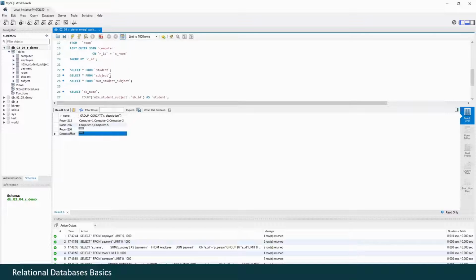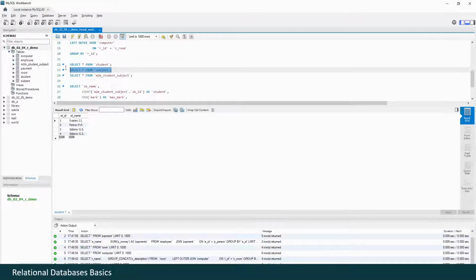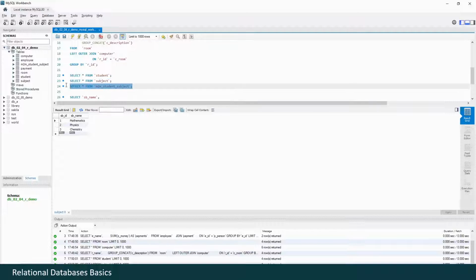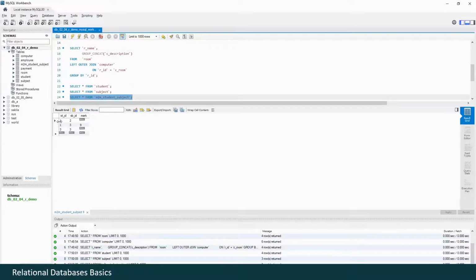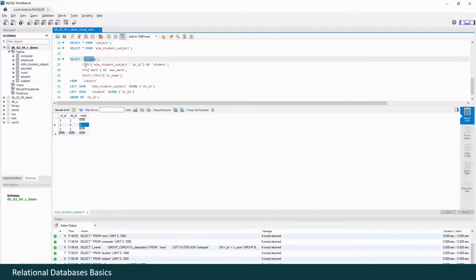And the last example with 3 tables. We have students, here they are. We have subjects, here they are, and we have that association relation with student ID and subject ID and some marks here. We want to get a list of subjects, so we have to select subject name. We want to count how many students are studying that subject, so we count this field.